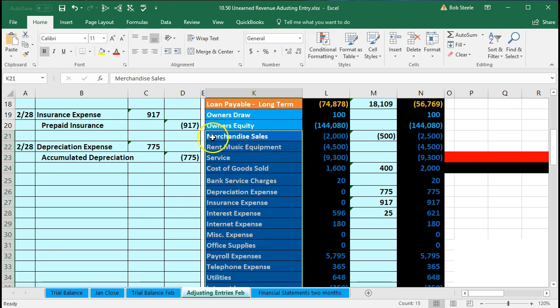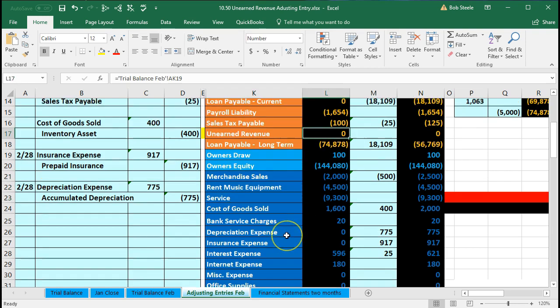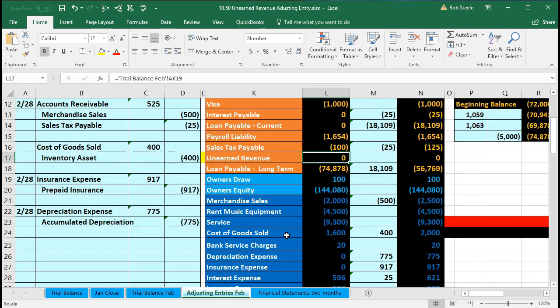And so it would be one of these three revenue accounts that we would be on the other side of this. Now I'm not going to highlight that because we're going to do something a bit different within this transaction. And that's because usually if we were recording this in a typical textbook fashion, when we had the unearned revenue, when we collected cash before earning the revenue, we would have increased the